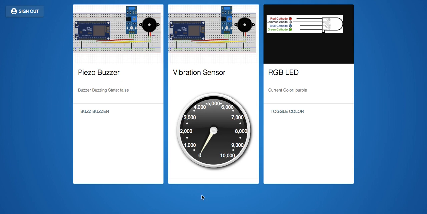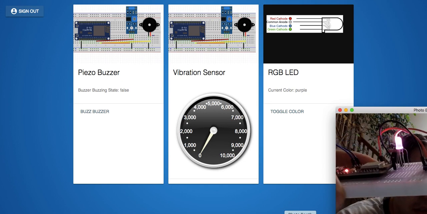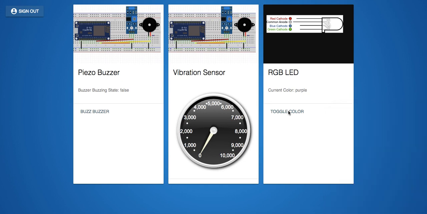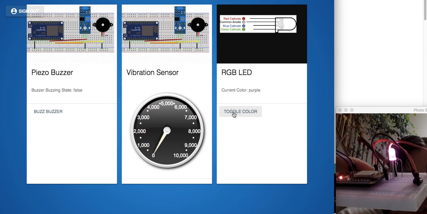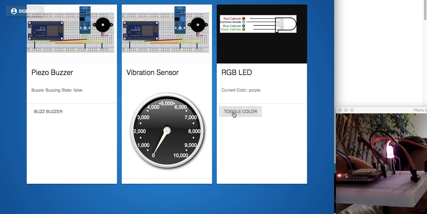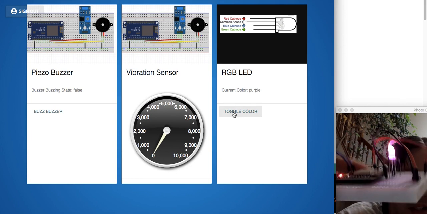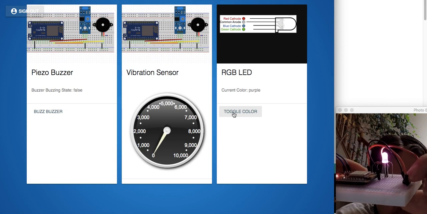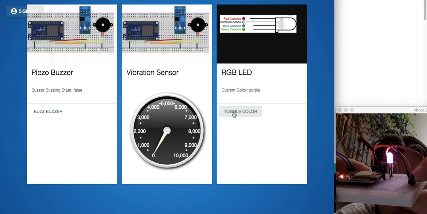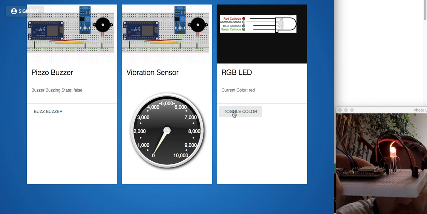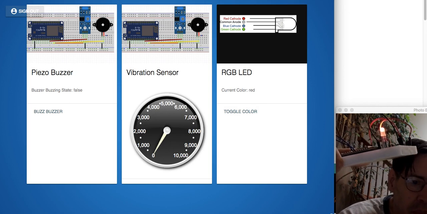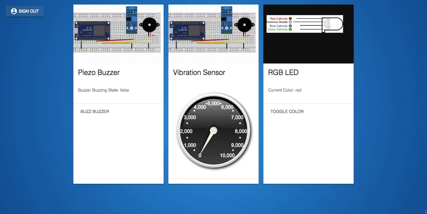And as we've seen before, let's also check, for example, the light. So if I go over here, and I hold the light up and I click toggle. Whoops. I guess that's not going to work too well. Let me pull this over to the side. There we go. And if I click toggle color, it toggles the color of the light. And if I press the button, again on the actual device, it also toggles the color as well. Okay, so the kind of functionality that you'd expect